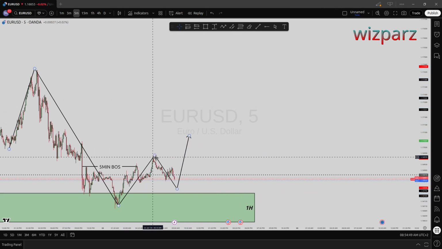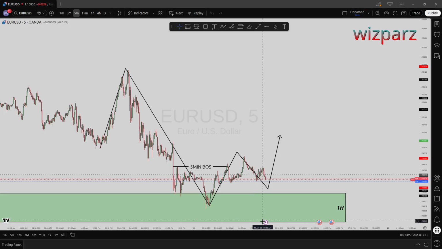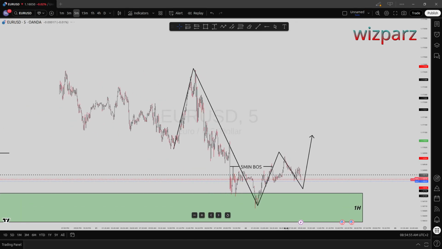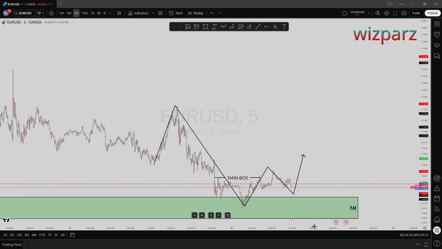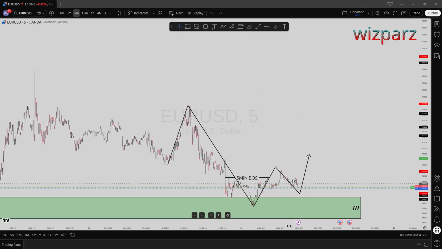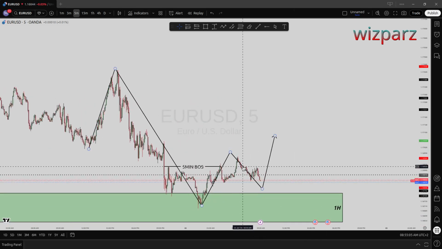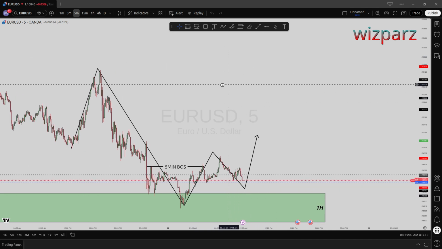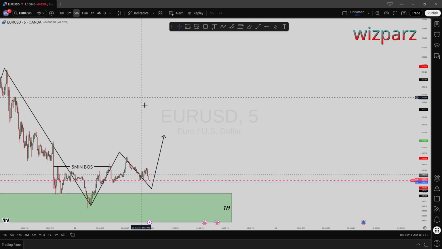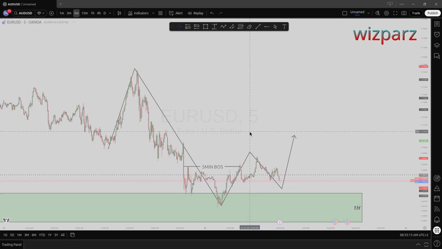If I see price make this structure, I'm going to go long, but right now there is no sign. I'm waiting to look for long on EU. If price makes this pattern, I'm going to look for long opportunity, and I'm expecting for it to happen. And AU,